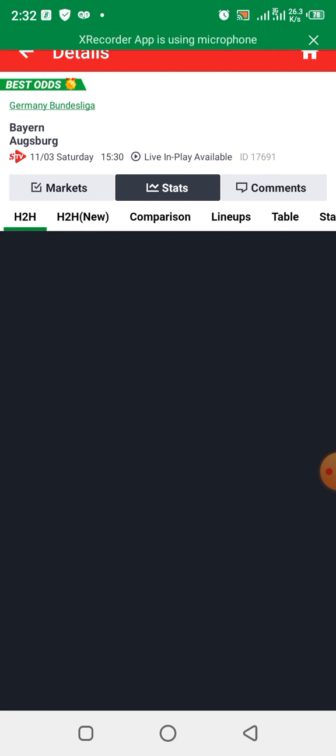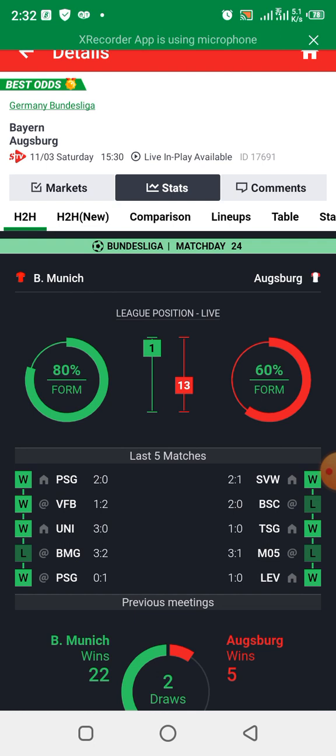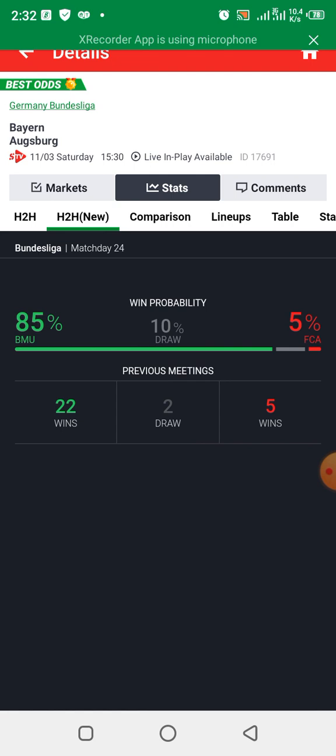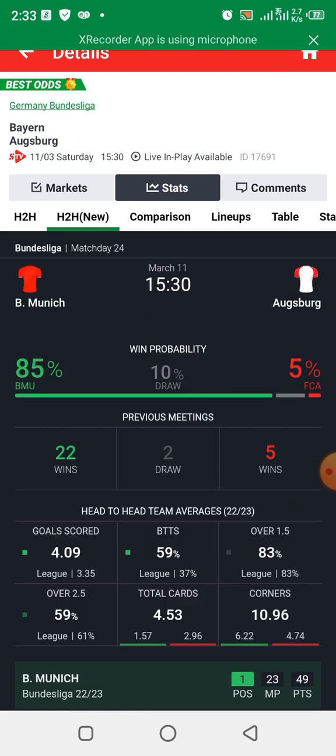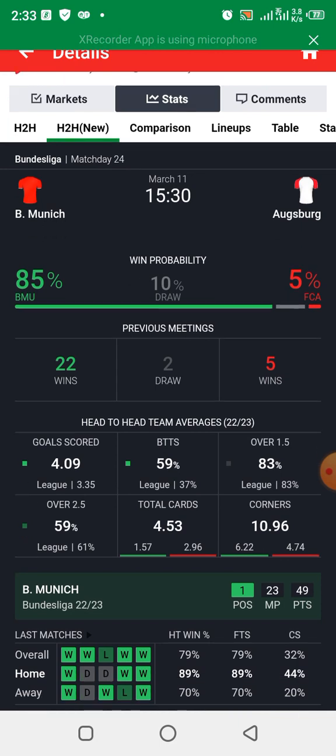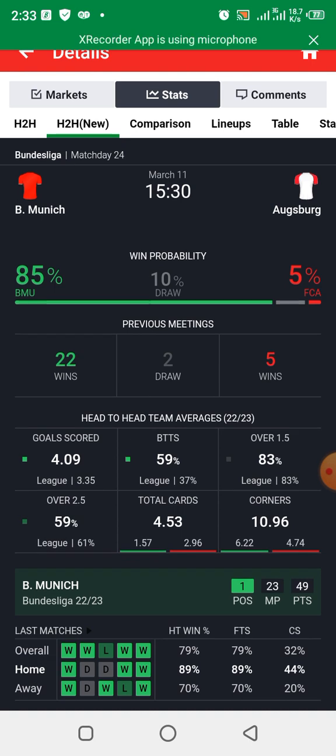So if you are making use of the strategy of over 1.5, what I said earlier is that you click on the head to head new, and it is going to project this information to you: their wins, their draws, the home wins, the away wins, and it's going to show you head to head team averages, where we have the goals scored, the BTTS, that is both teams to score, over 1.5, over 2.5, total cards and corners. So in this particular match, we have the over 1.5 played between these two